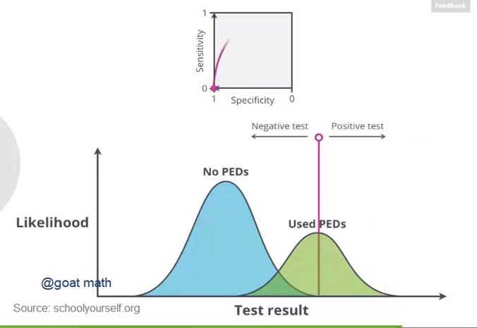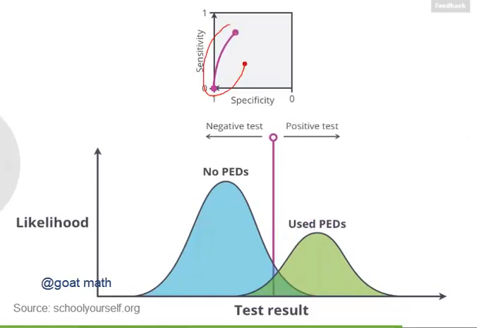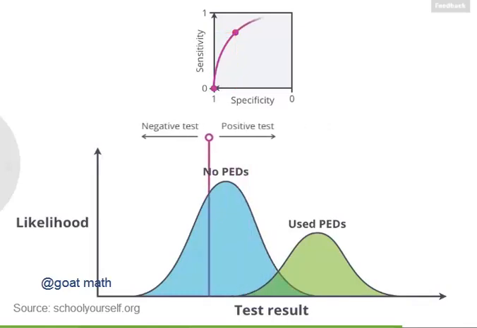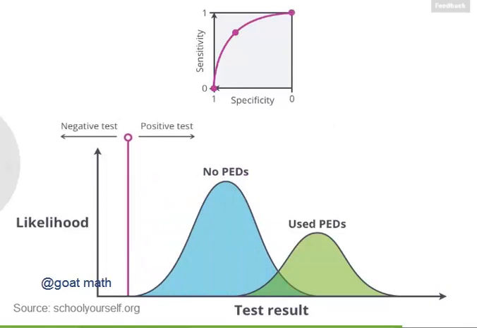Now, as we move the cutoff value, we have a trade-off between sensitivity and specificity. Between these two distributions is our ideal cutoff value for the test. The sensitivity is pretty high, and so is the specificity. And if we keep going, eventually the sensitivity goes to 1 while the specificity goes to 0. So this is a pretty good test. There's not too much overlap between the two groups, and we can choose a cutoff where both the sensitivity and